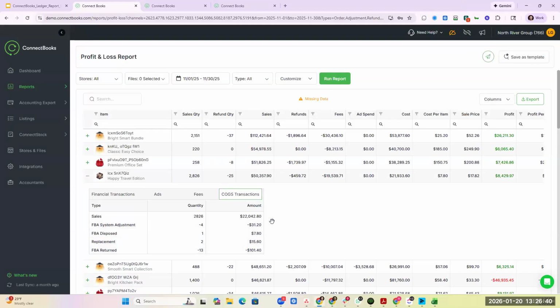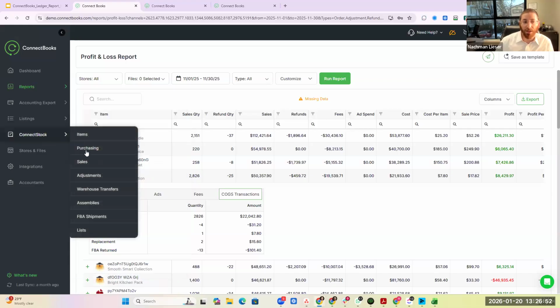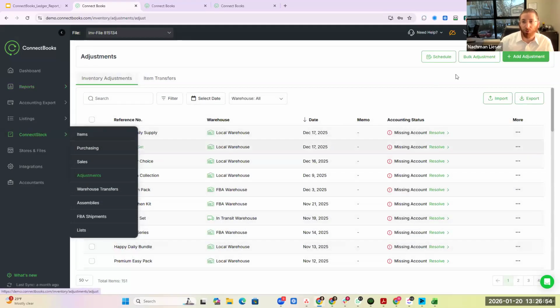Now, he's asking if there's a lost transaction for the inventory that Amazon disposed of. What do you mean, a lost transaction? Yeah, correct. We create a loss. So one of the other nice things about ConnectBooks is that when we create,